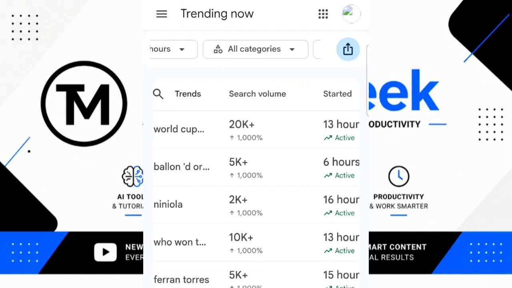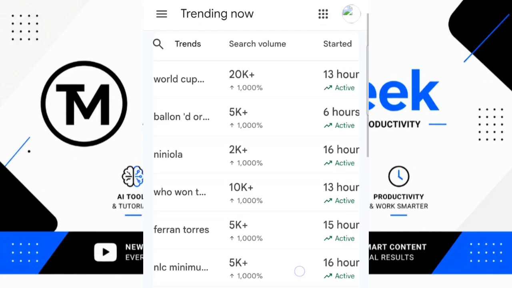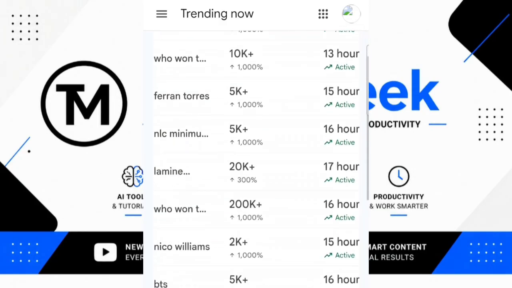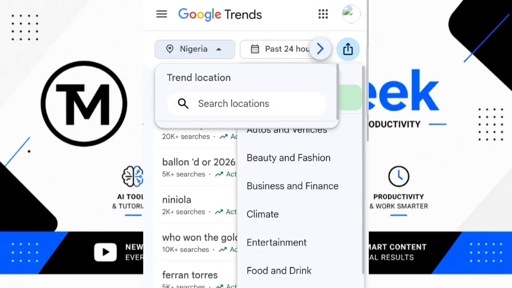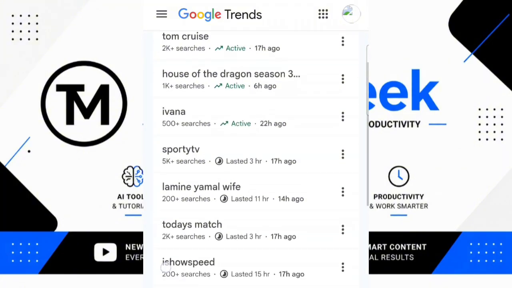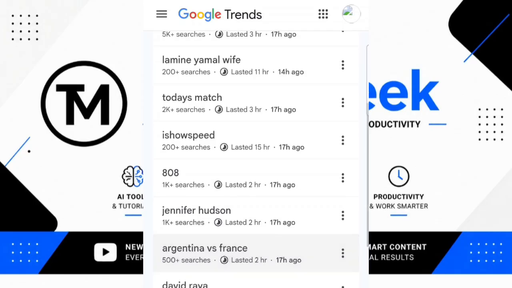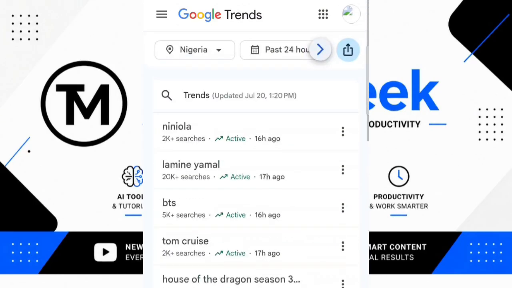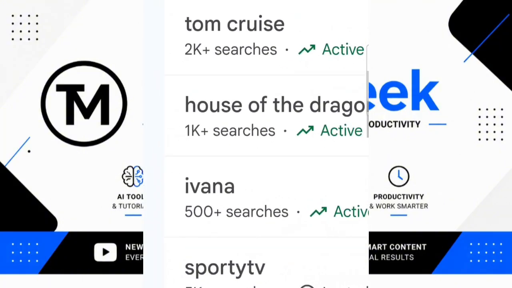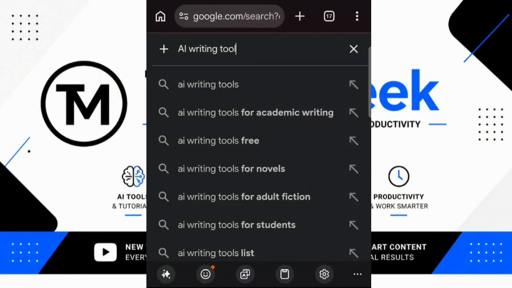But here's the problem. Every major website is already competing for it. Wikipedia, Forbes, HubSpot, big brands. Your new blog has almost no chance. Now look at keyword B. Only a few smaller blogs are targeting it. Which keyword gives your website a better chance? Exactly. I'd rather rank number 1 for a keyword with 700 searches than sit on page 15 for a keyword with 100,000 searches. That's how new websites grow.